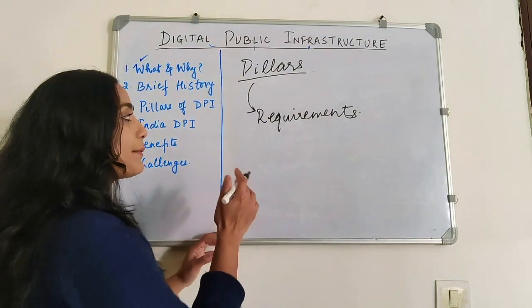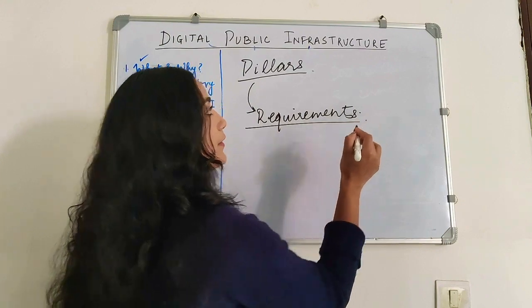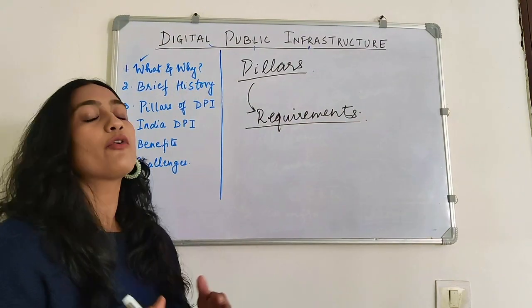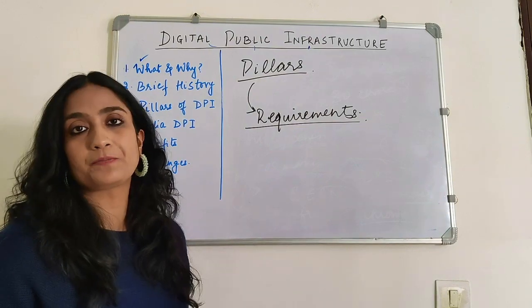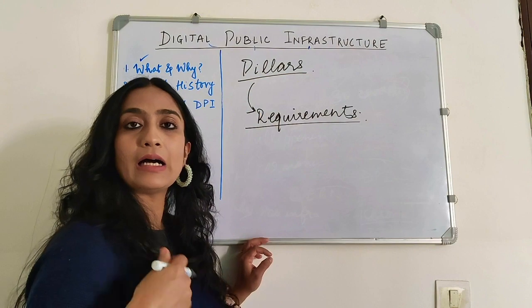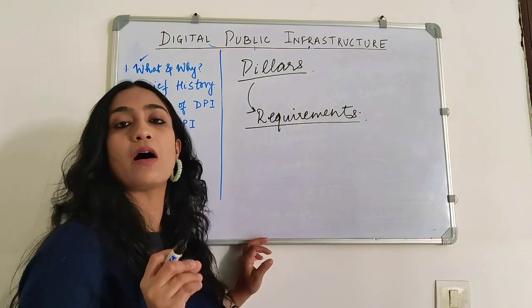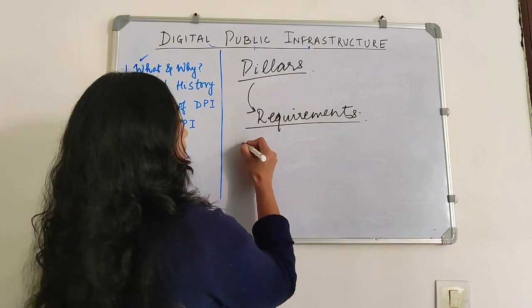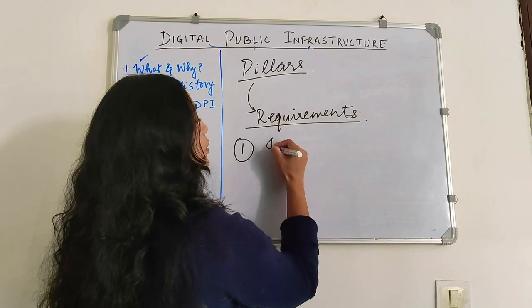So what are the requirements? What are some of the things that we require from DPI for things all around us to be better? And based on that, we will automatically then understand what the pillars are, what is the foundational DPI that there is. The first requirement is what is called